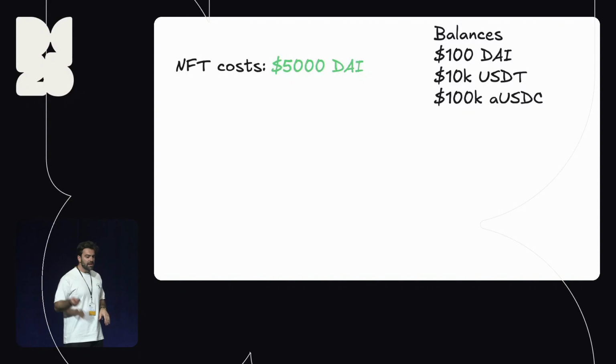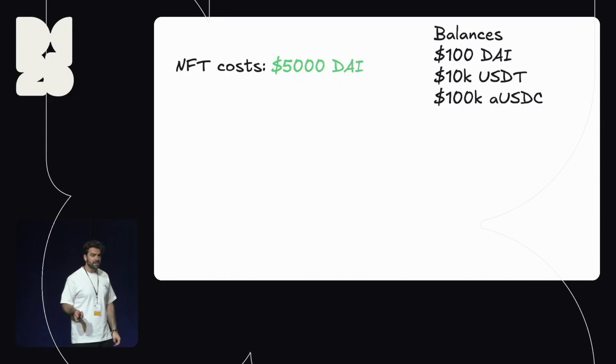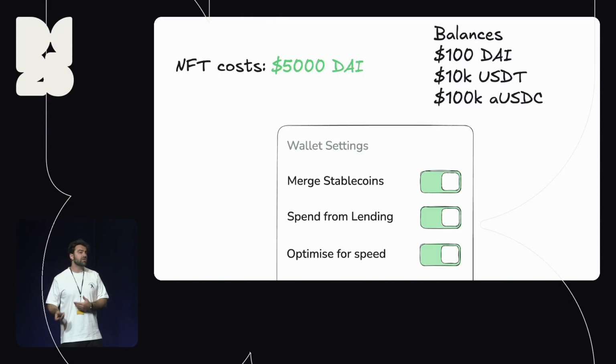And so I give this example. You have 5,000 DAI, and in that balance, it's a mixture of DAI. So you want to buy an NFT for 5K, and you have about 100 DAI, 10K in USDC, and 100K in an Aave position of USDC. The best way to compose this shouldn't be up to the app to decide, because the app has no idea what you are and what you prefer. They have no idea that you would want to spend from your USDC balance in Aave. It's just unknown to them, and they can ask you, and you can brick your UI and make your UI really overloaded and complex, or it just sits at the wallet level.